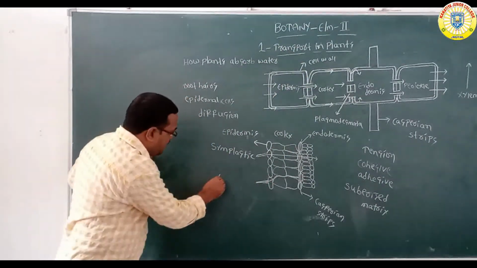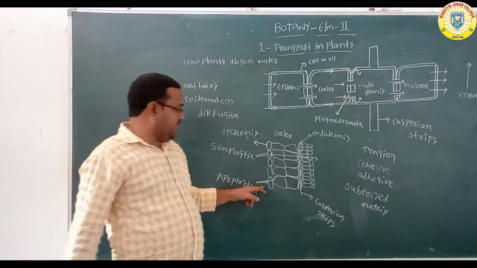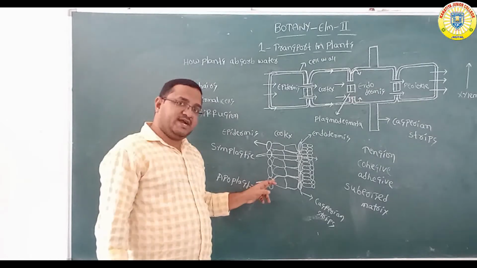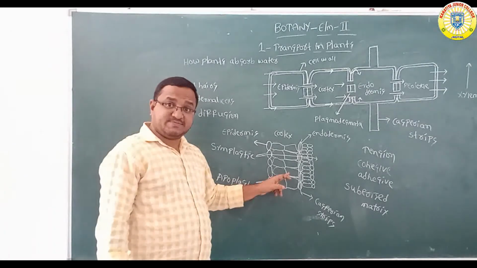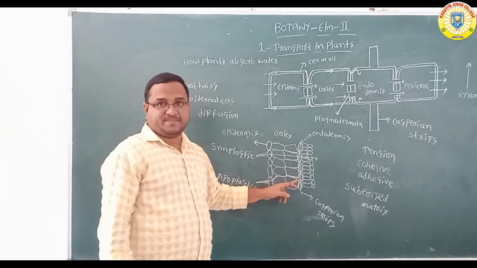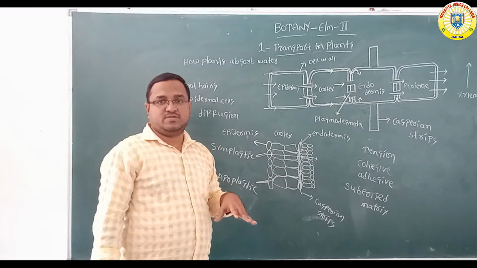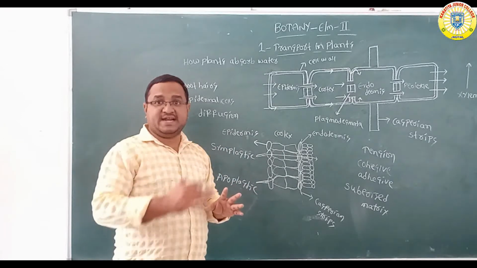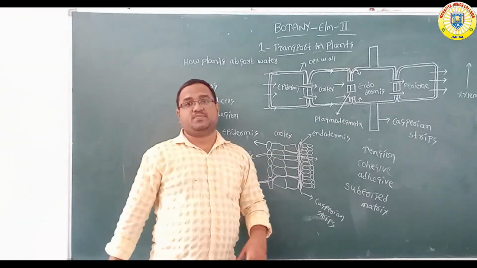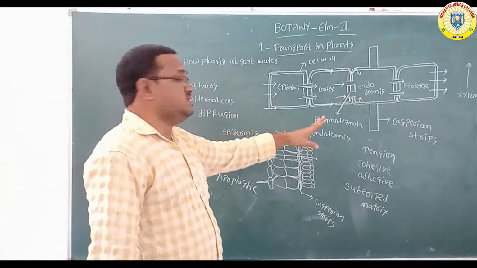Whereas here you can see the apoplastic system. The water from the root hair enters the epidermal cells through cell walls. Then water reaches the Casparian strips through intercellular spaces or cell walls. But here water movement has stopped. Here Casparian strips are there. So in these Casparian strips, the apoplastic system is not suitable. Through the apoplastic system, water does not enter the Casparian strips. So here the water follows the symplastic system, then finally reaches the xylem. So this is about the apoplastic and symplastic systems.